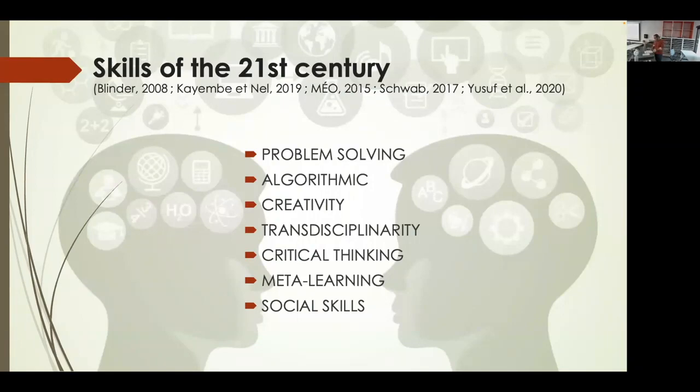I try to make a list of the skills. So we have problem solving, algorithmic thinking, creativity, transdisciplinarity, critical thinking, meta learning, social skills, communication, and so on. But the problem is to define a curriculum for this kind of competencies all the time, because there is no